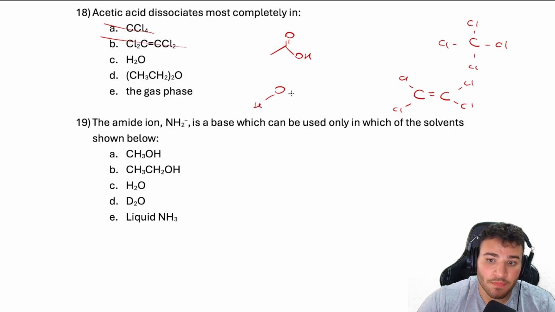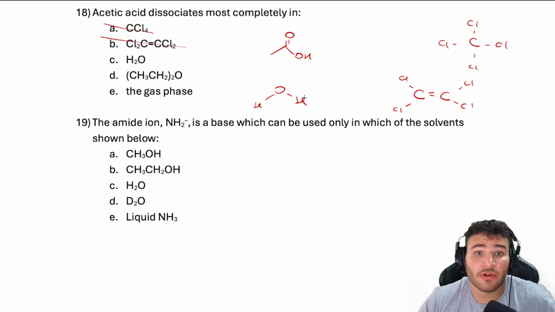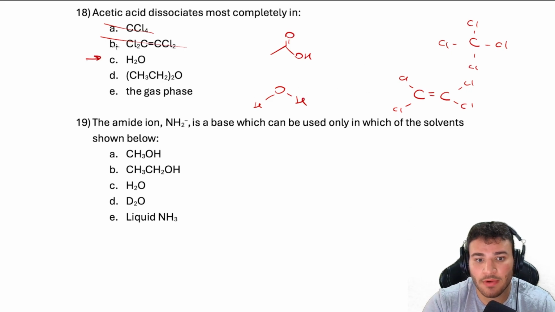Now, H2O, we definitely know that it could act as a base, right? Is it going to be the best base? No, right? But it definitely could happen. And so it could allow acetic acid to dissociate to a pretty appreciable amount since acetic acid is much stronger than water as an acid. And so this is maybe, right? This is going to be our maybe. Now, the next problem,